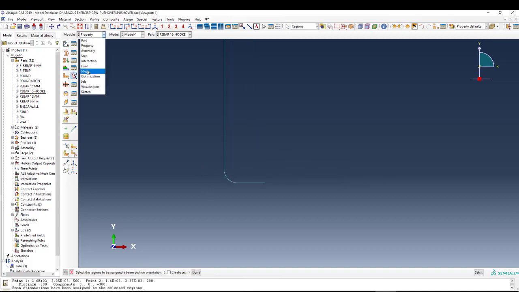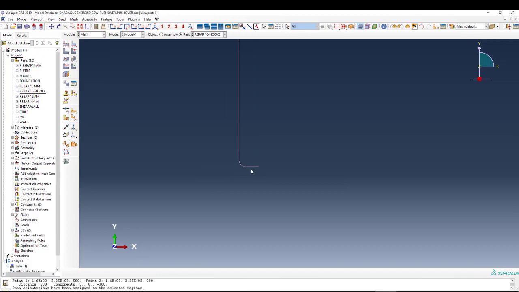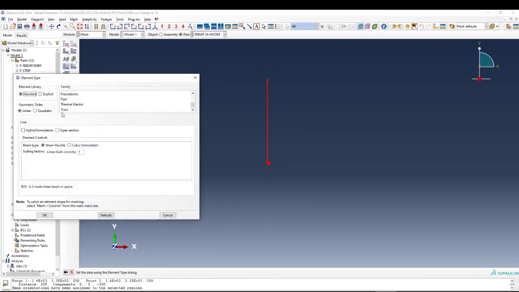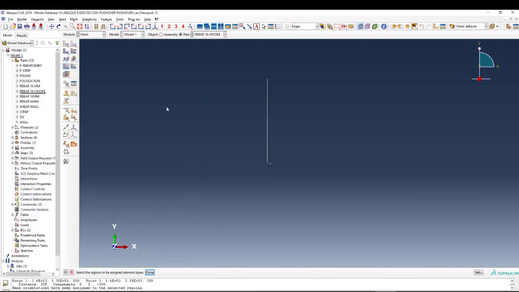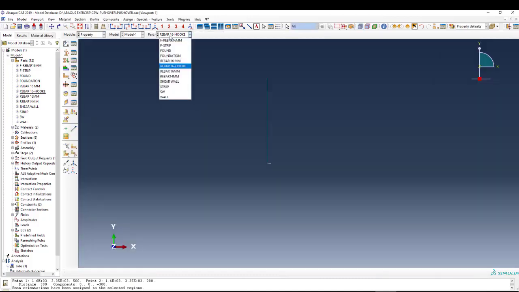And the next is in the mesh area. Go to the mesh. Here you have to define appropriate elements. So here we have truss elements. This is not truss. This is a beam. So we have to assign this as a beam. So I'm going to go back to the properties. We have another